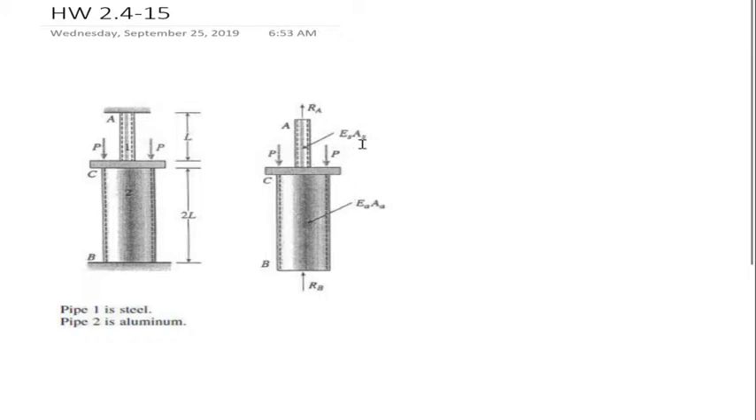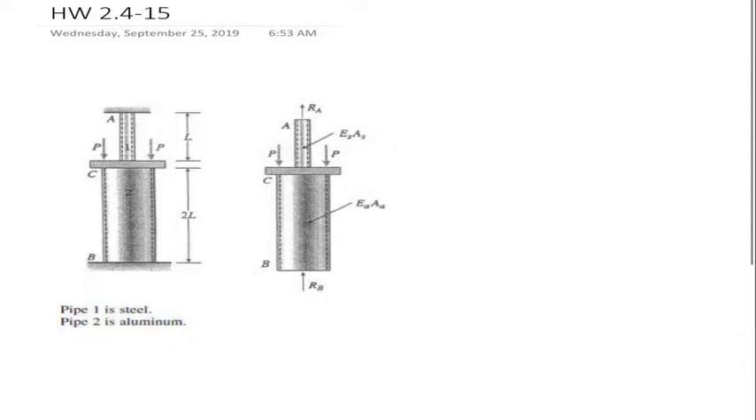Good. Each of these pipes, because it has a different material, has a different modulus of elasticity. As we can see here, it's labeled as EA and ES, modulus of elasticity of the aluminum and modulus of elasticity of the steel. The area of the aluminum, the area of the steel. Good. Now,